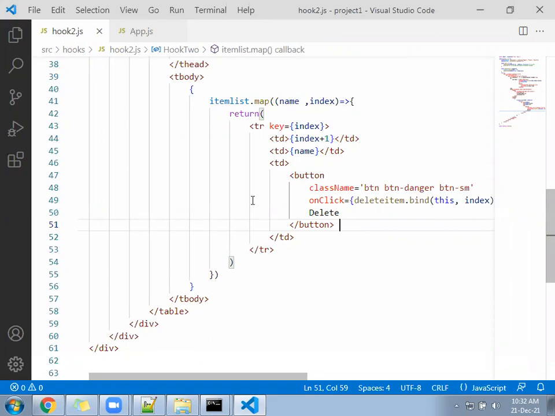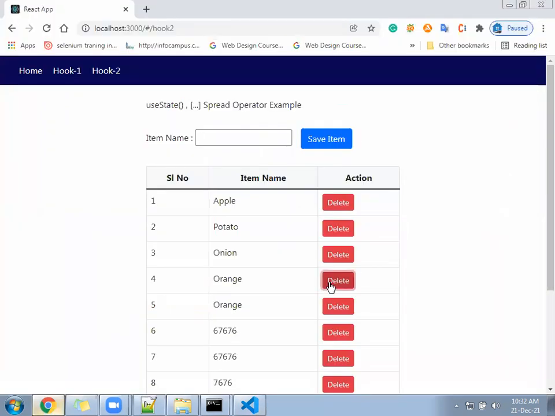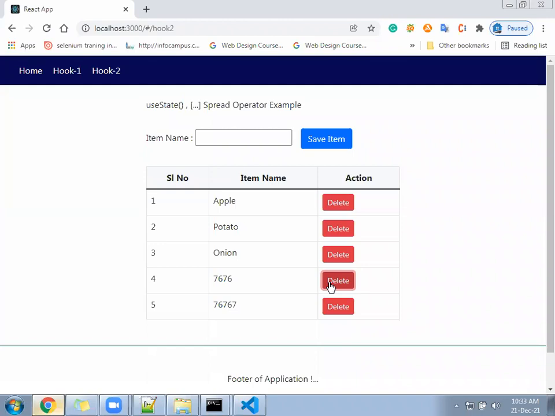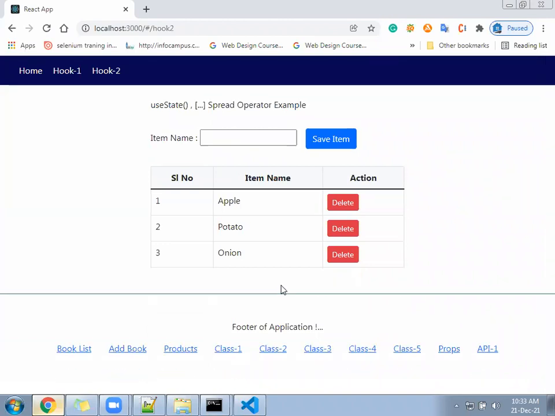Okay, hope you are ready. Delete is happening. Check now. See, the item will get deleted from the array and your page will reload.